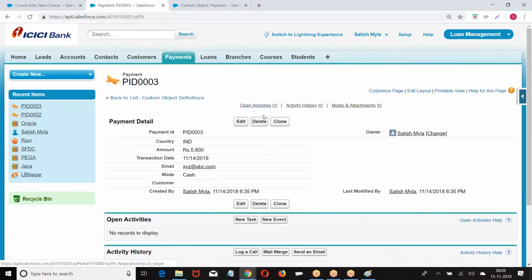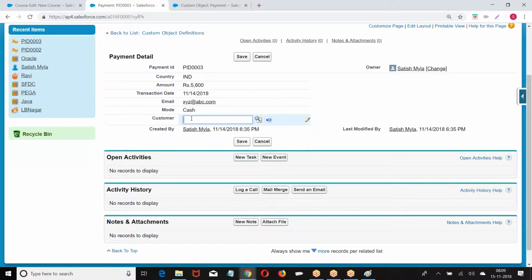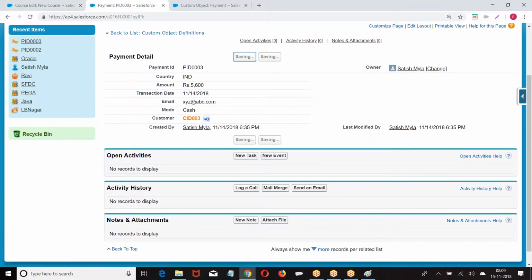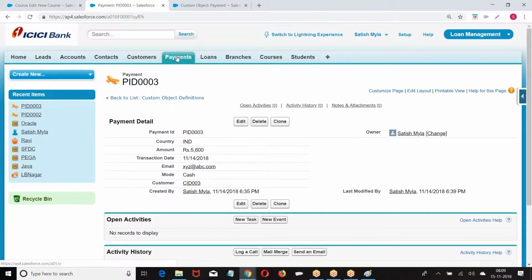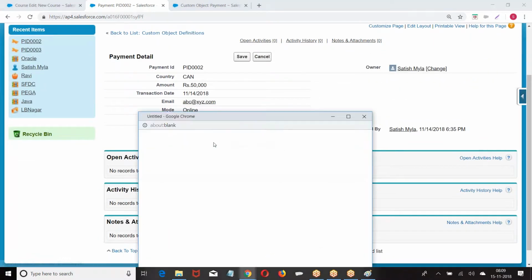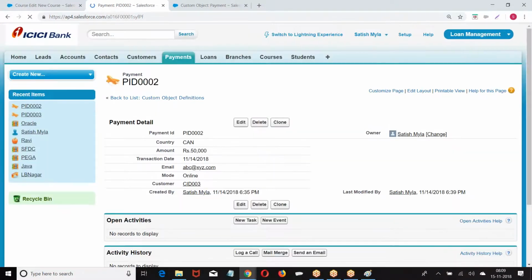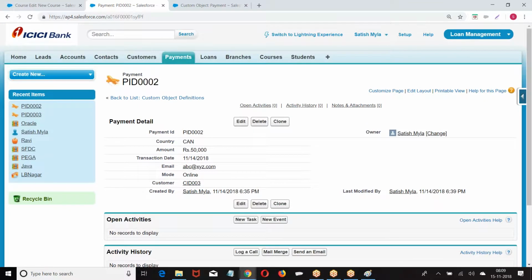Then go to every record in the payment and assign some parent value in every lookup field. After creating a lookup, go to every child record and assign some value in the lookup field.